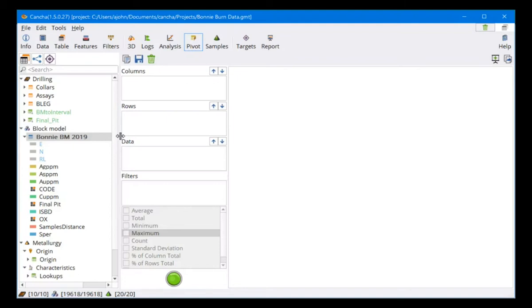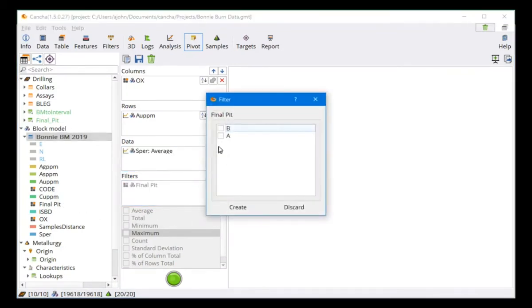I guess the easiest way to show you how it works is by giving an example. Many people have probably seen a similar layout in software such as Excel or Google Sheets. So basically, we might want to look, for example, by oxide category. Maybe we want to see things classified by gold grade. And maybe we want to know what the sulfur grade is in each of those blocks. But we only want to know the material that's in pit. Okay,